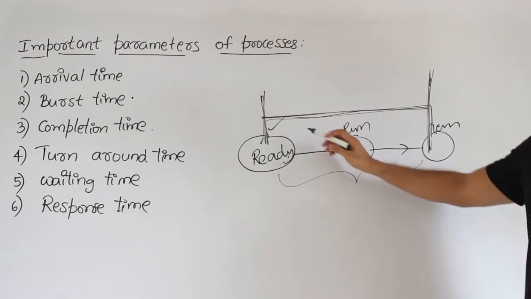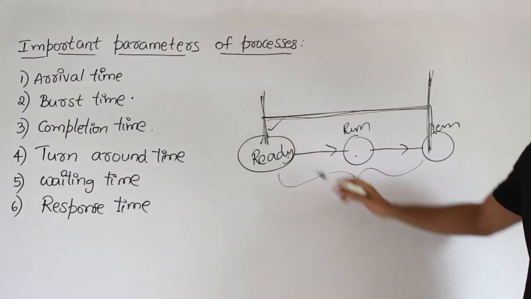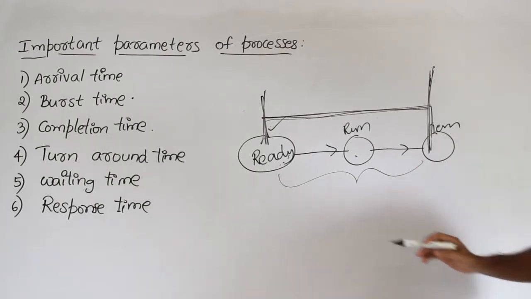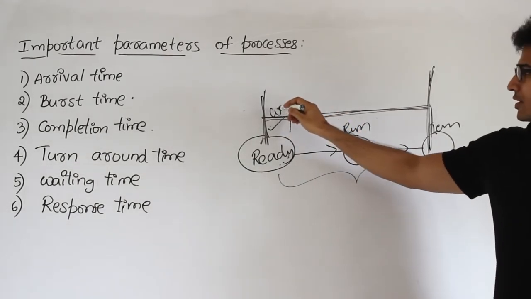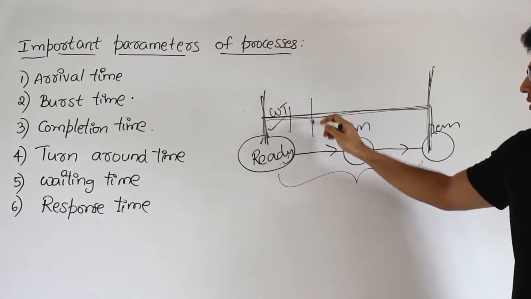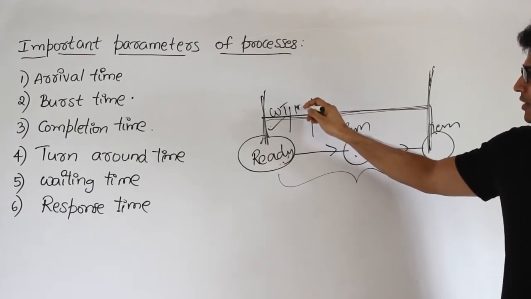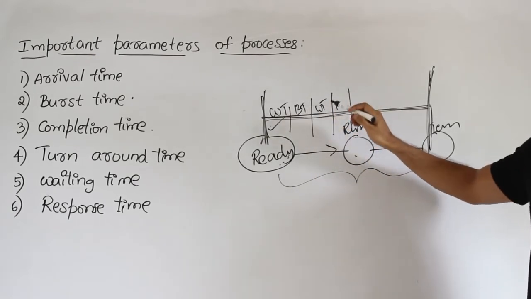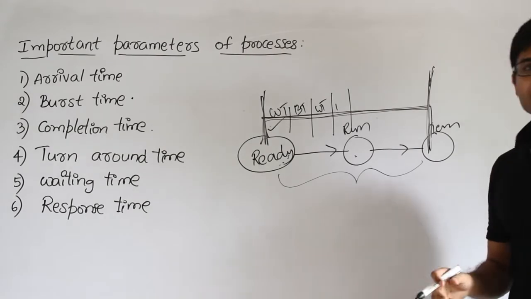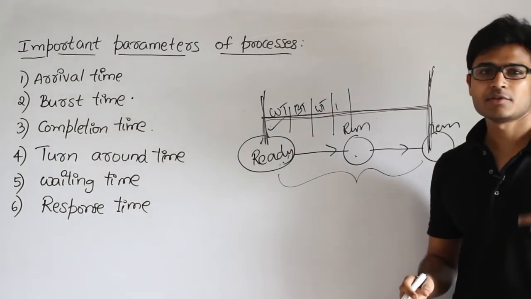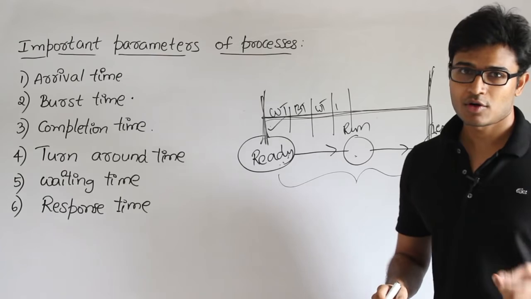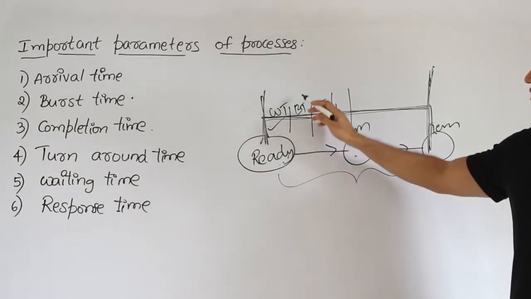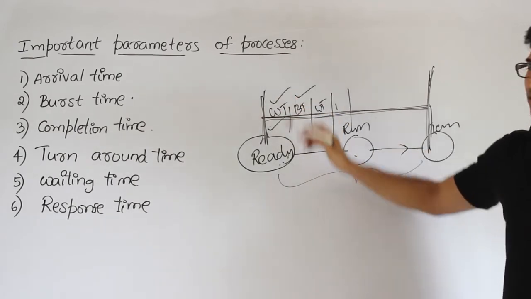So what happens now? It started at this point and it finished at this point. Then what happened in the meanwhile is, one thing is it will wait for the processor, that is called waiting time, and then it will execute, that is called burst time, and then it will wait and then it will execute, right? It need not happen that for some time it waits and for some time it executes. That depends on the scheduling, which means whether it is preemptive or non-preemptive. I'm just taking a general case, which means a process might spend its time executing or it might spend its time waiting.